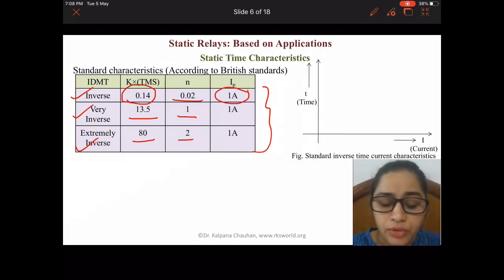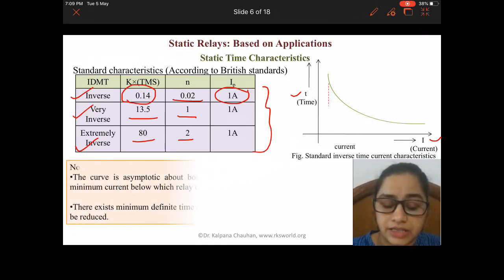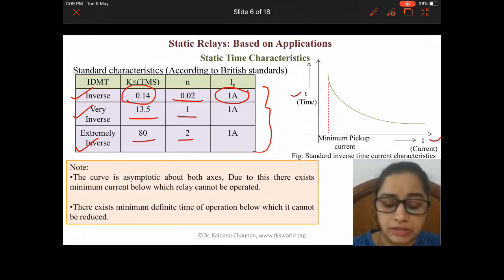With the help of these characteristics, we can draw the characteristic on this plot. On the x-axis we have current I and on the y-axis we have time. If we see the characteristics between time and current, we note that the curve is asymptotic about both axes. Due to this, there exists a minimum current below which the relay cannot operate. There also exists a minimum definite time of operation